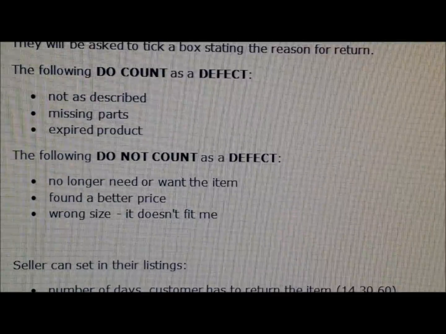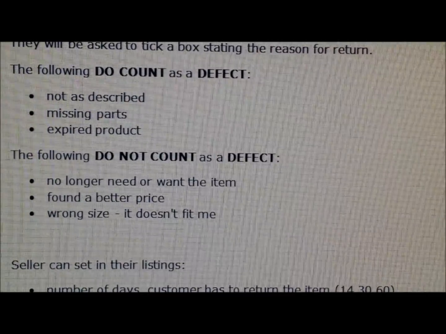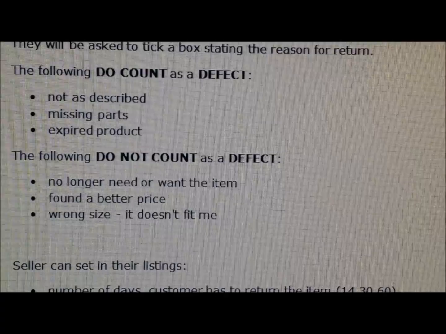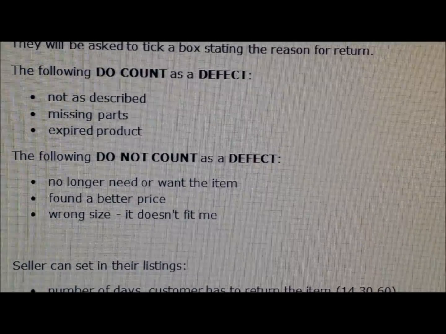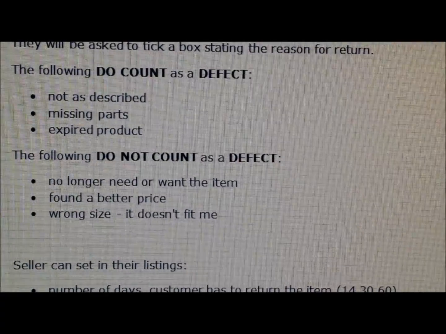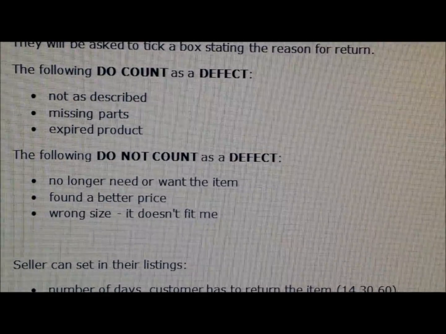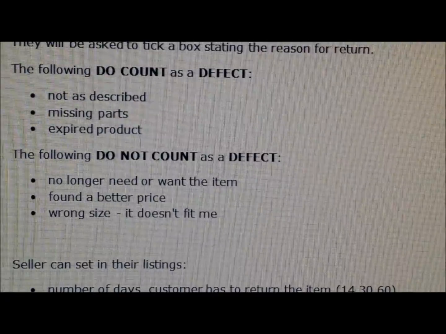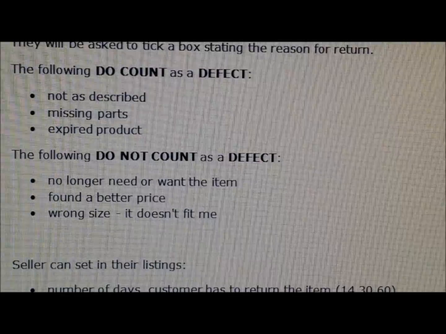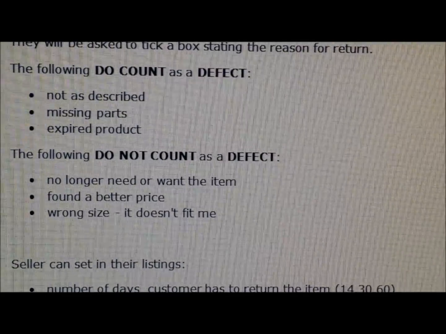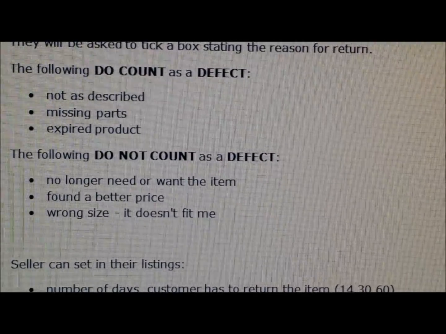Sometimes people find a better price, or they are a size 12, but this size 12 just doesn't fit them right. And I would much rather that they have the option to tick that and get the process started so that we can just mutually do a good return than to only have the option of opening a case, a SNAD, significantly not as described.